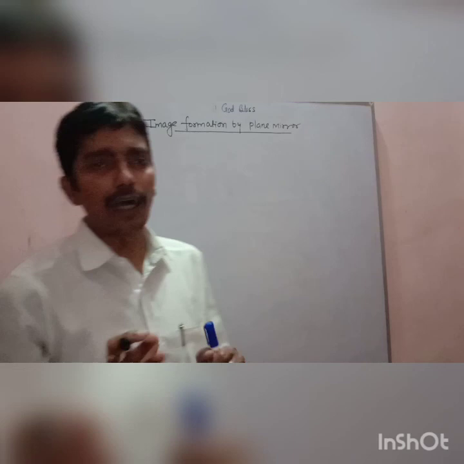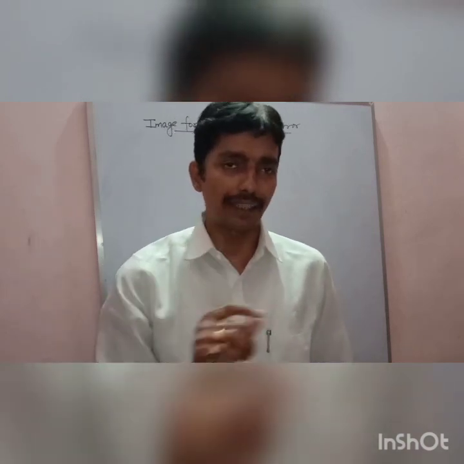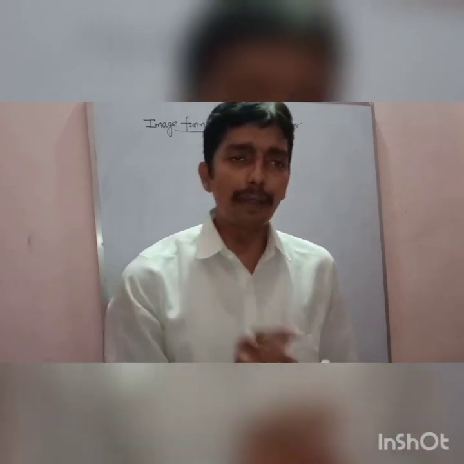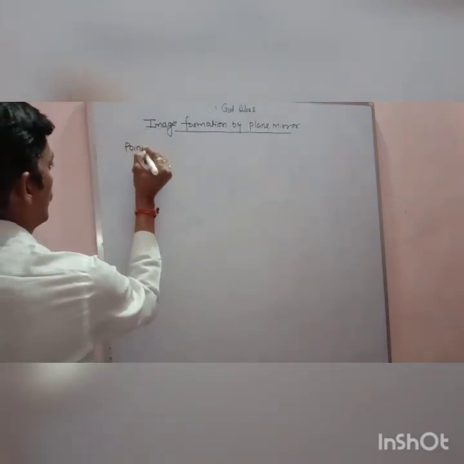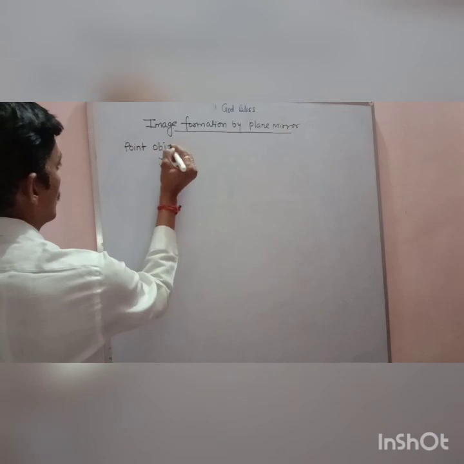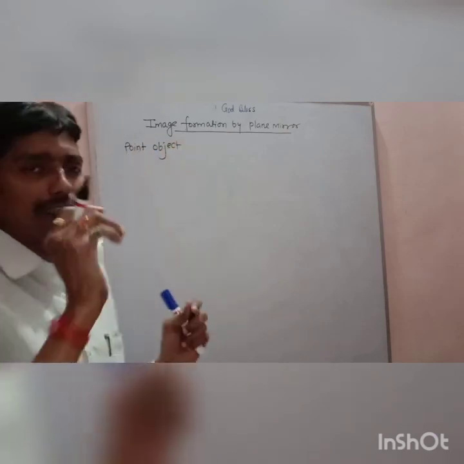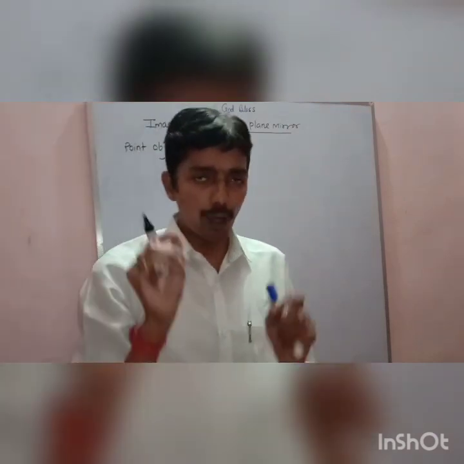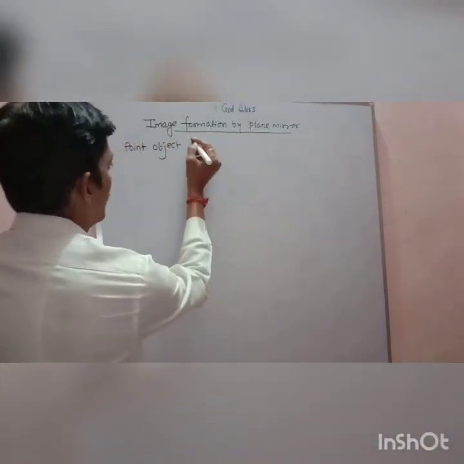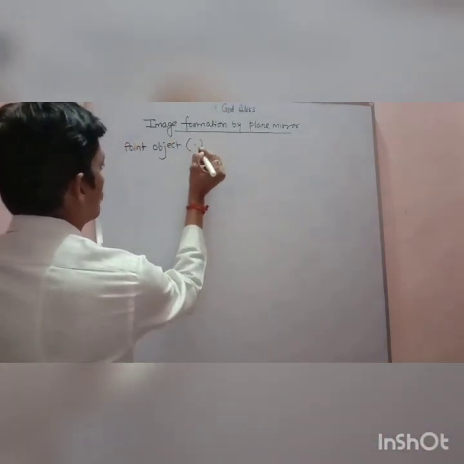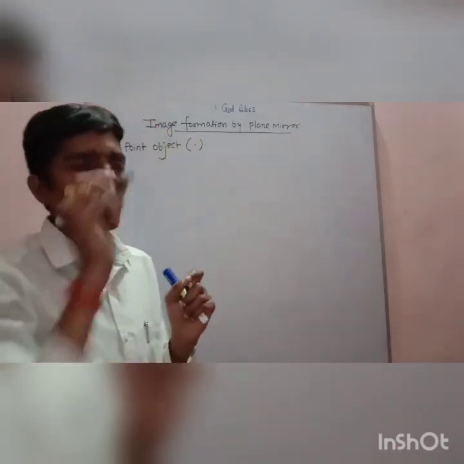Let us discuss how the plane mirror forms the image. But my dear, before that, you should know that we take two kinds of object. One is the point object. It means the object which I select looks like a point. It looks like a point. Here I have